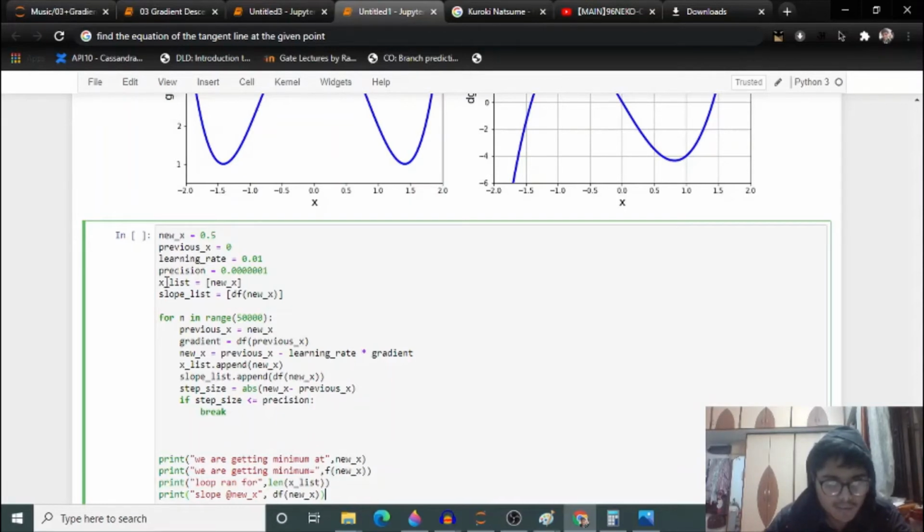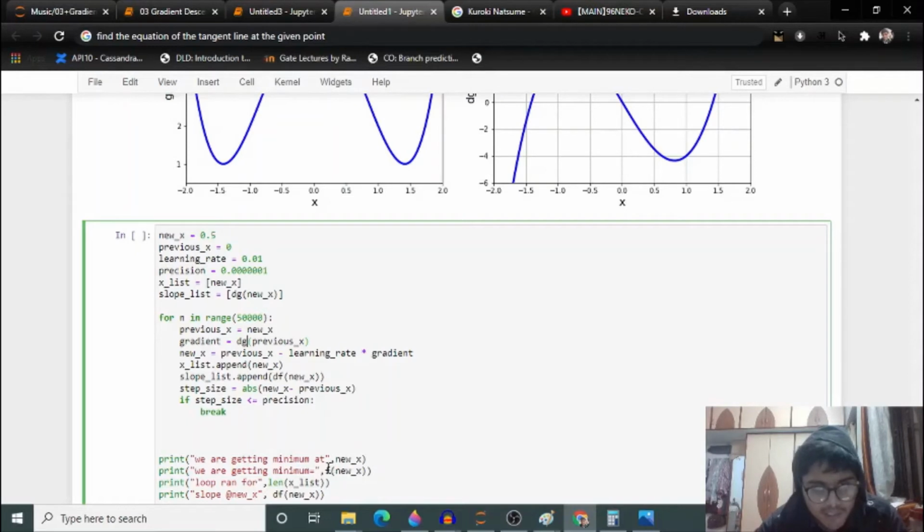Actually, we have to change this here, we cannot run it simply. So I have to put this dg of x. The name doesn't matter. Here the gradient is dg, and the x list will be all the same.